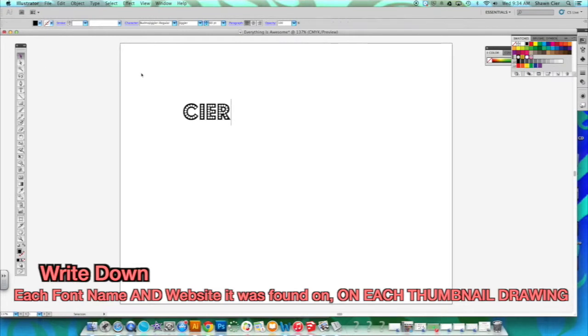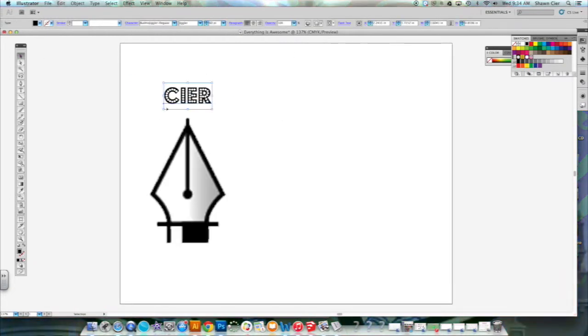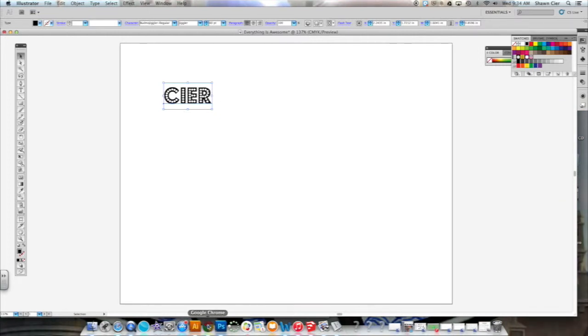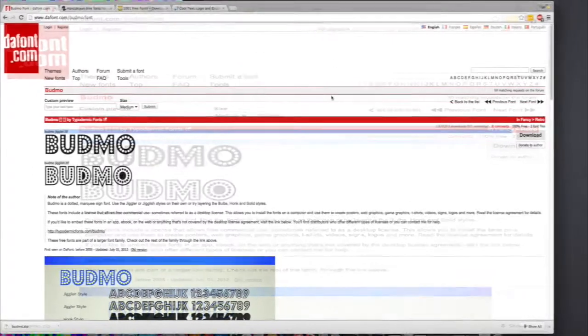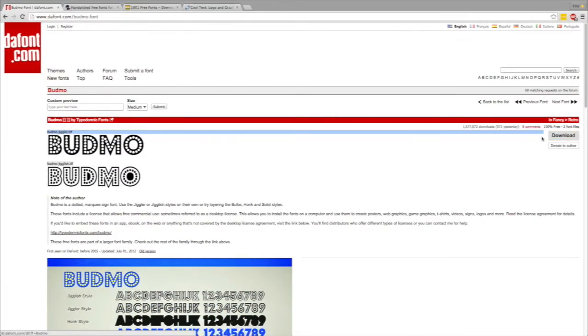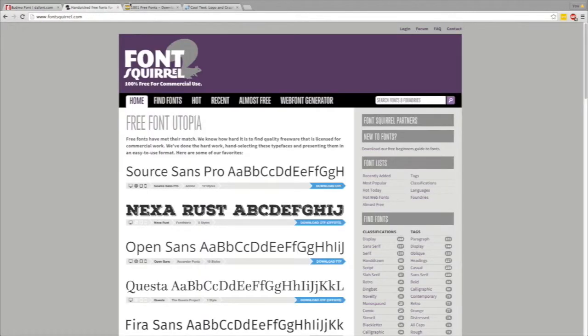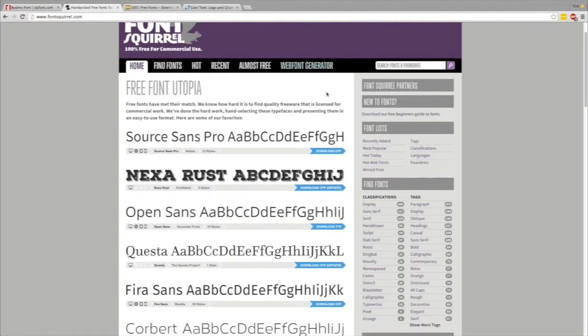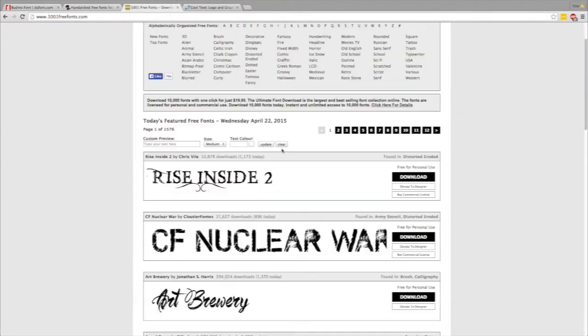Illustrator. So for the final part of the project, when you get to it, you're not actually going to draw this in Illustrator. You're going to get it for free because all these sites are legal sites that allow you to use their fonts for free in most cases. If you find a font that costs money, obviously we won't be able to get it, but most of these sites are mostly free, so you should have plenty of things that you could look through to find one that